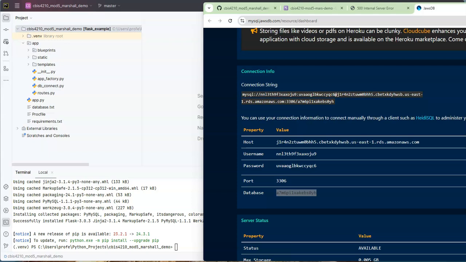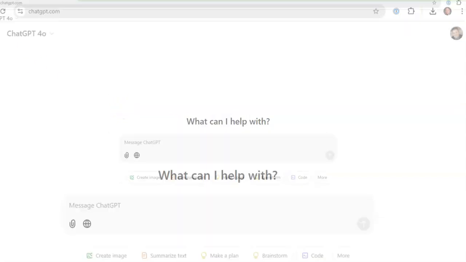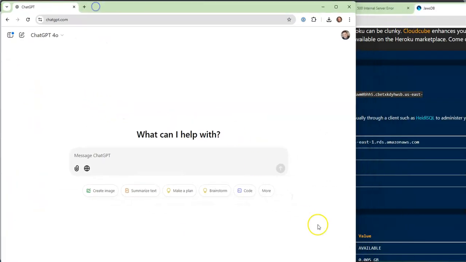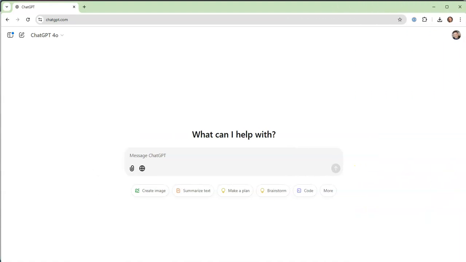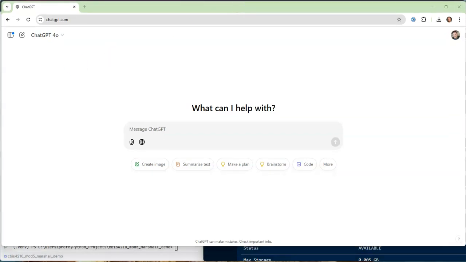All right, I got my ChatGPT open. I'm going to put it over here so we can see it. Oh, that's too big. Let's put it right down like so. Okay. All right, we have ChatGPT open. Okay, and I'm going to take my entire